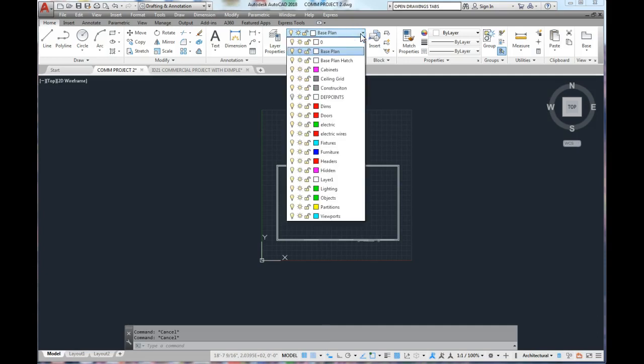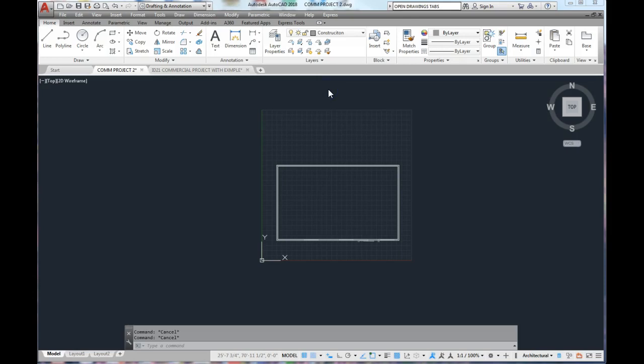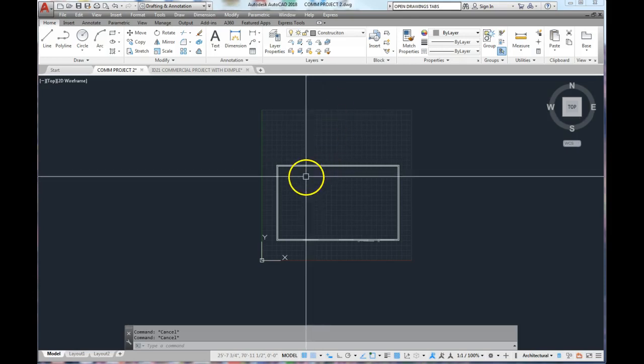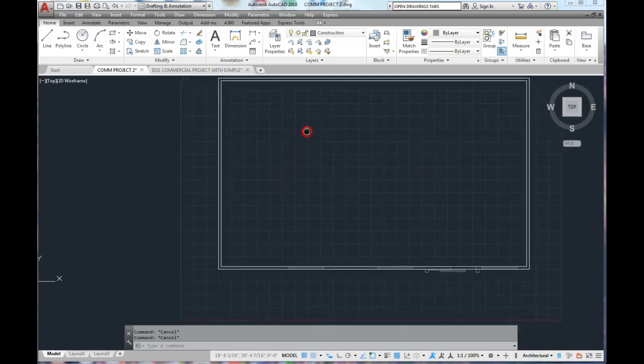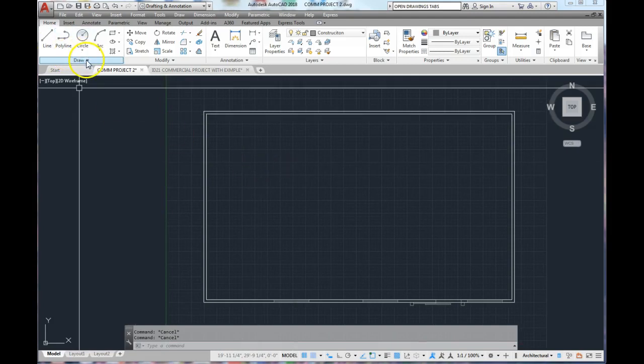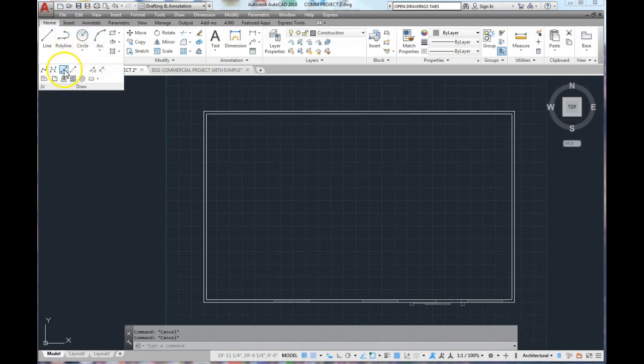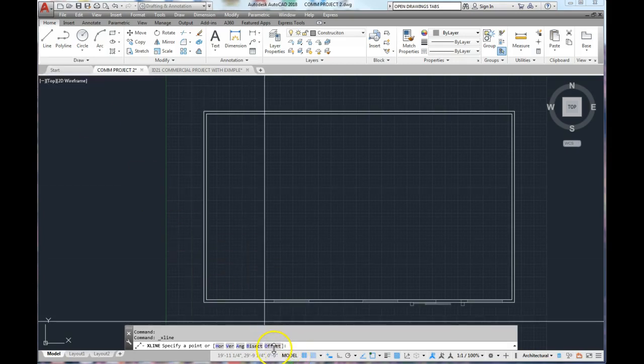So I'm going to switch to the construction line layer, and again, this layer, if you follow my setup, is going to be a no print layer. And we're going to go to the Draw tab, select Construction Line. Remember, these are infinitely long lines that show us basically where we want to draw our walls, put our doors, etc. So they're basically guidelines. So I'm going to use the Offset